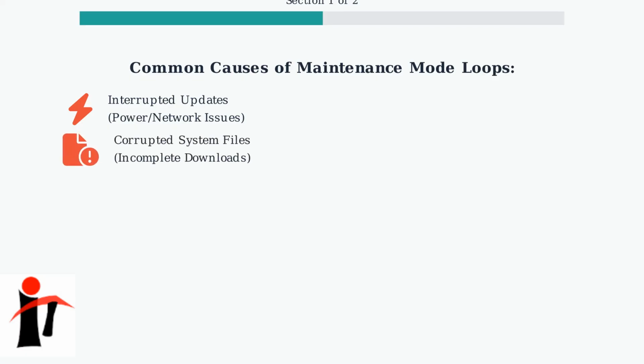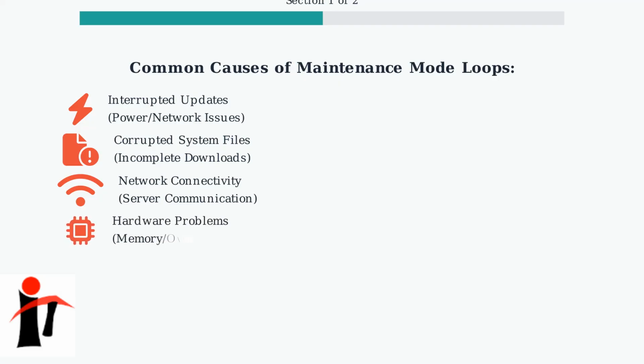Corrupted system files from incomplete downloads can also trap your box in maintenance mode as it repeatedly tries to repair or replace damaged files. Network connectivity problems prevent proper communication with YouView servers, leaving your box unable to complete maintenance tasks or verify updates. Hardware malfunctions affecting memory or storage components, as well as overheating problems, can cause system instability